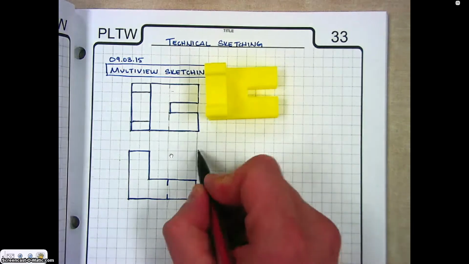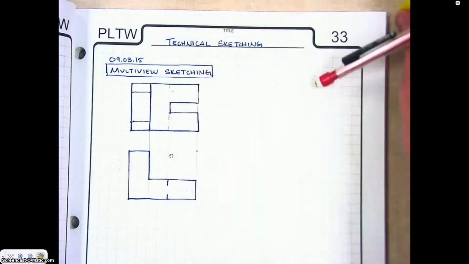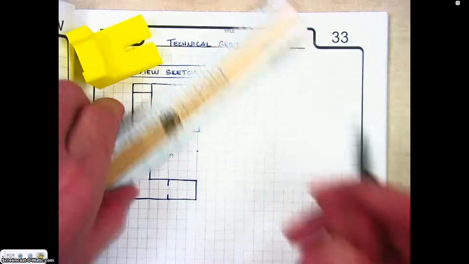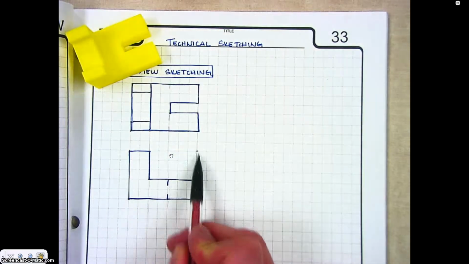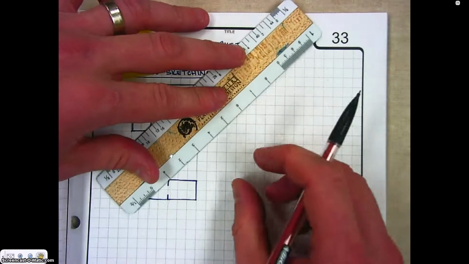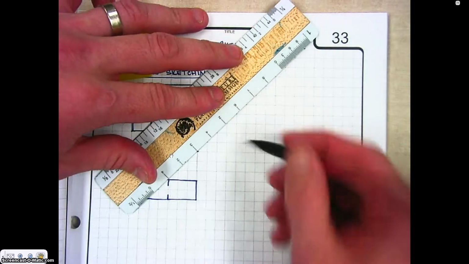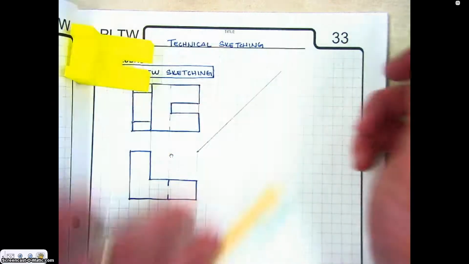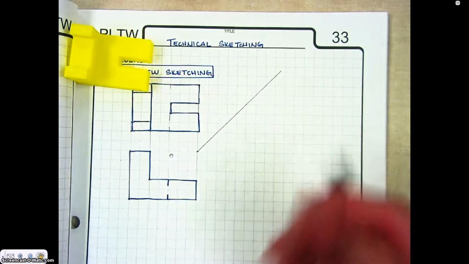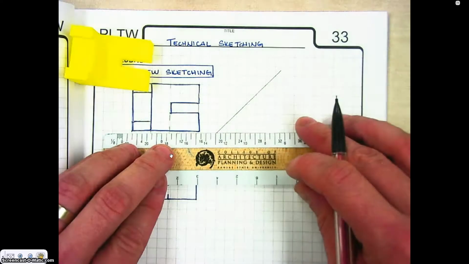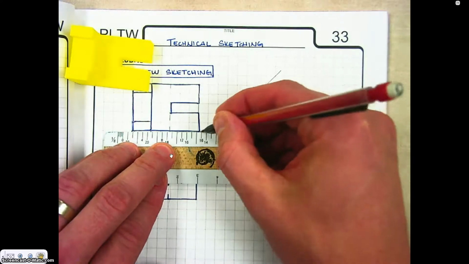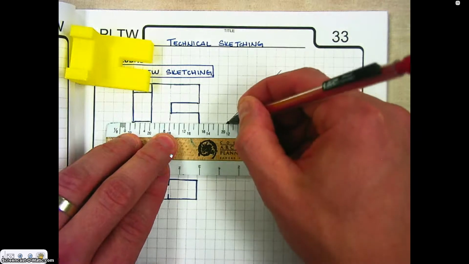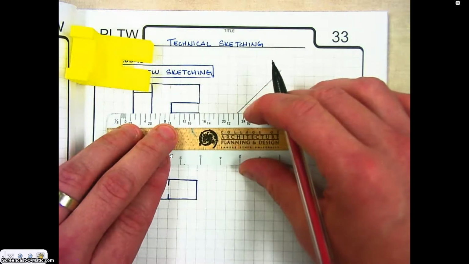The next thing we're going to do is create a miter line so that we can project over the right side view. And so I put a point right here where the height and the width meet, and I'm just going to draw a line at 45 degrees, and so it's cutting through that object. And if I project all of these lines over, and I stop them at that miter line,